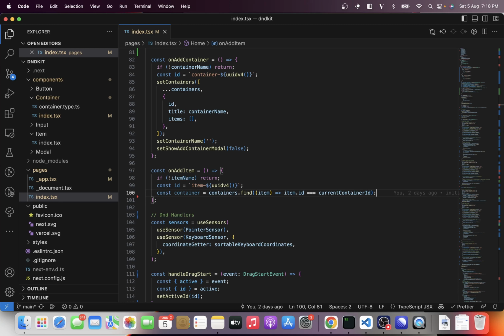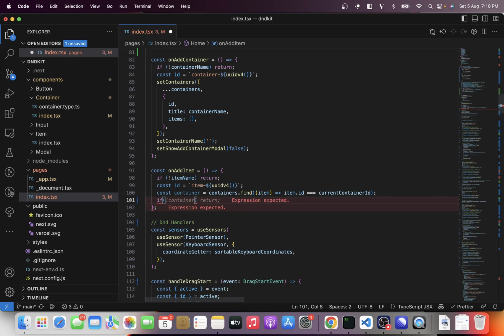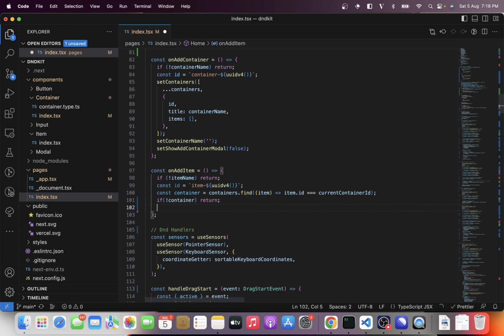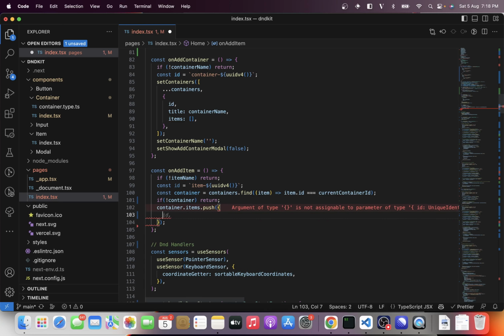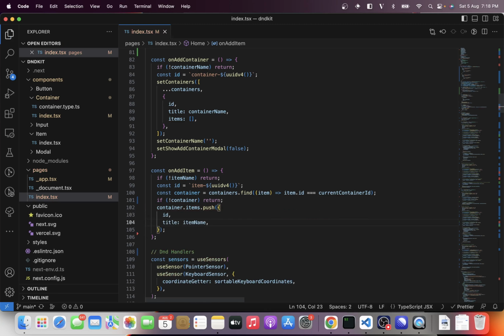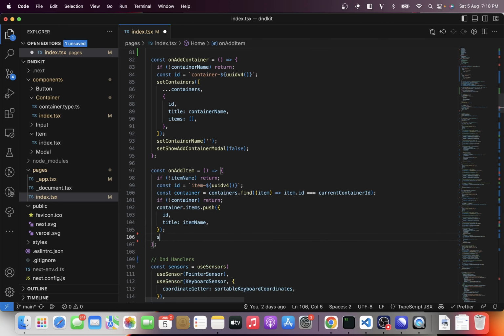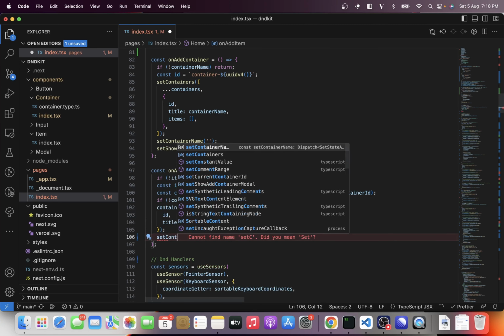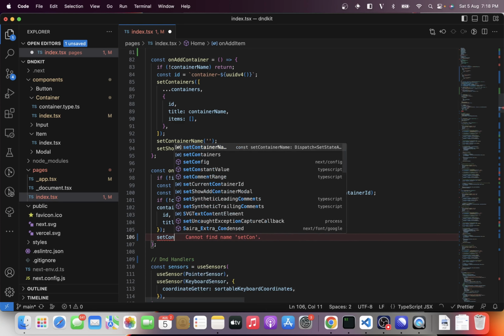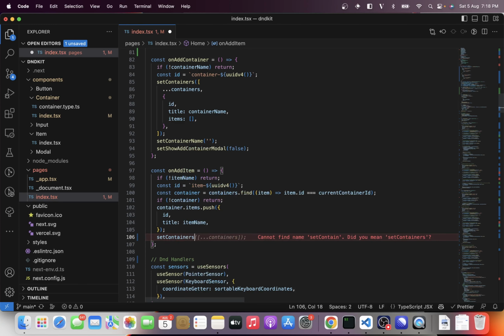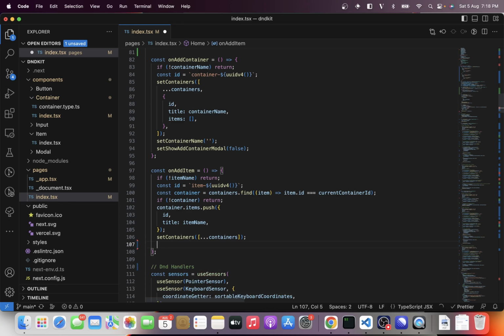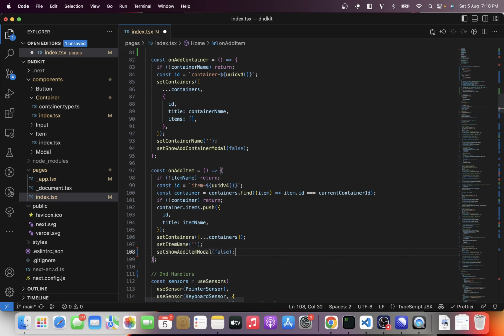Okay, and if not container, we're gonna return. container.item.push ID and title, and then we're gonna do set containers to be containers, set item names to be empty, and set show add item model